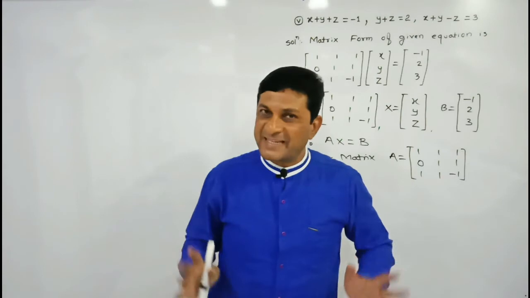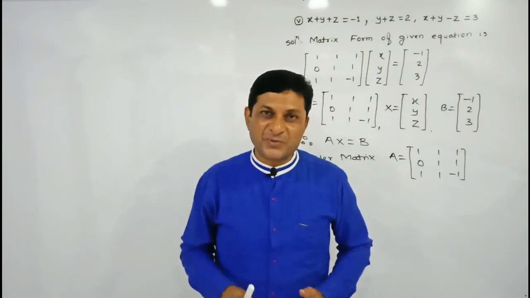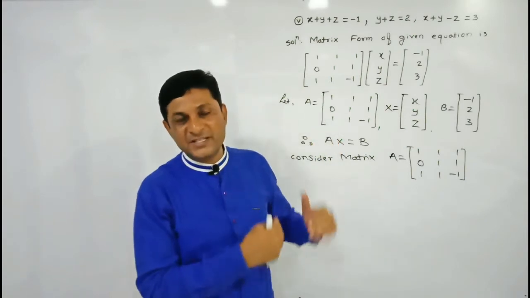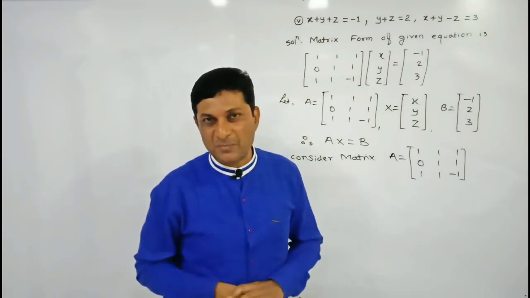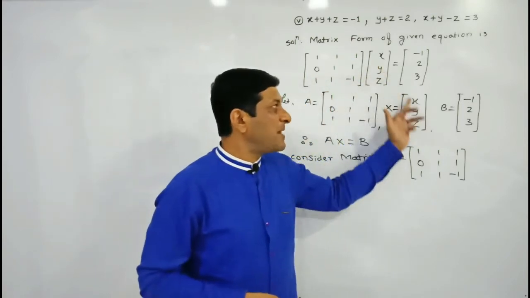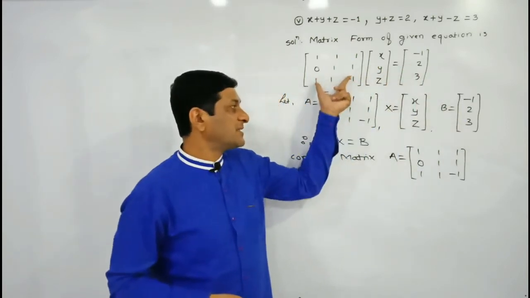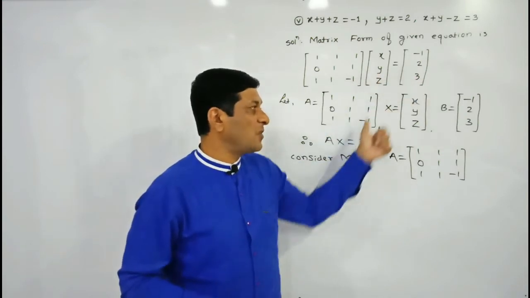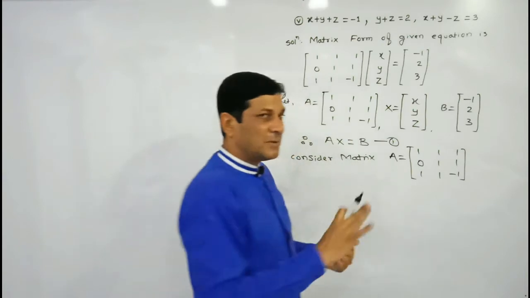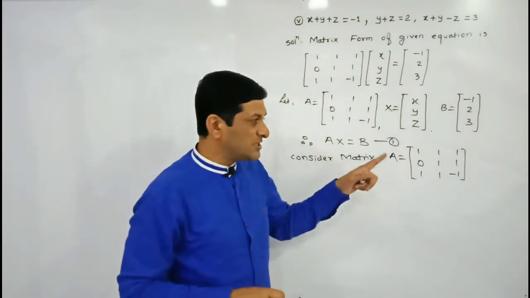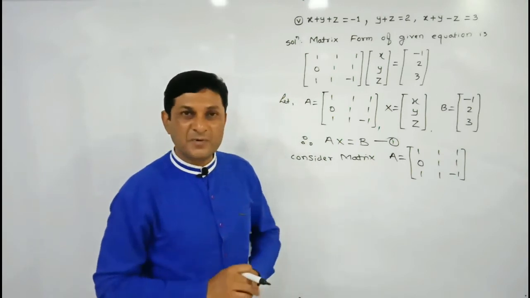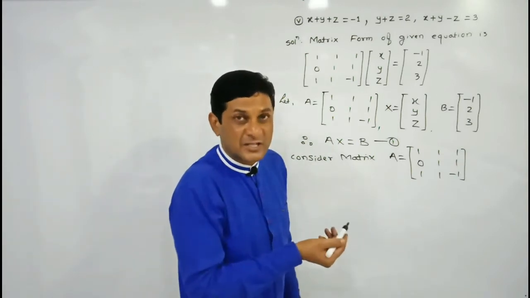Now see the fifth example, meaning the last example from this question. Here I have written the given equation and I have converted this given equation into matrix form. After that, I have denoted the first matrix by A, the second by X and the third by B, meaning this is A, this is X and this is B. Let us denote this equation by equation number first. Now our next step is to find the inverse of this matrix. That's why we have considered matrix A. Now I am trying to find the inverse of this matrix applying row transformation.